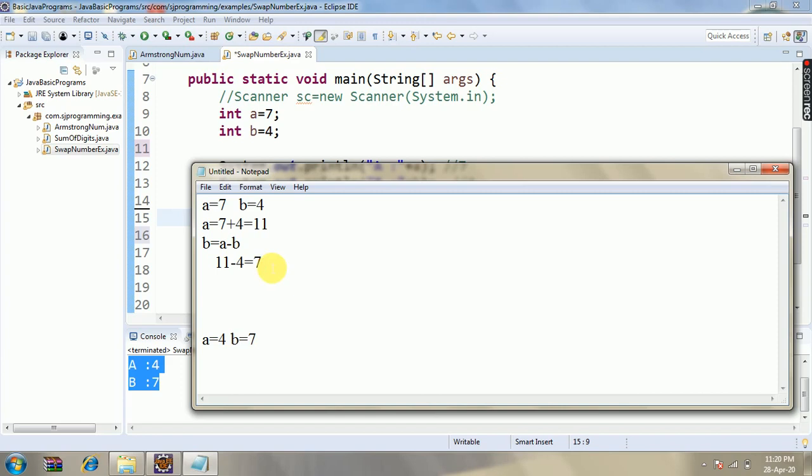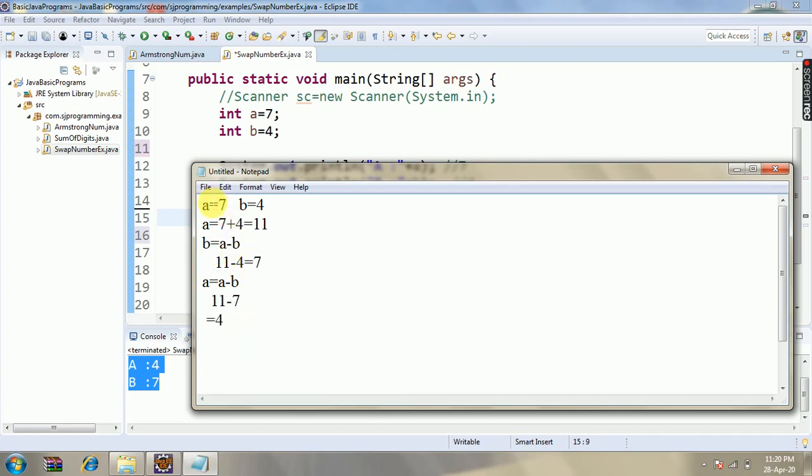Next we have A is equal to A minus B. Now what is the value of A? 11 minus the value of B. What is the value of B? 7. So 11 minus 7 is 4.